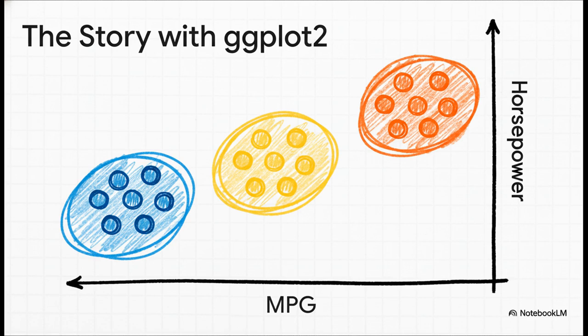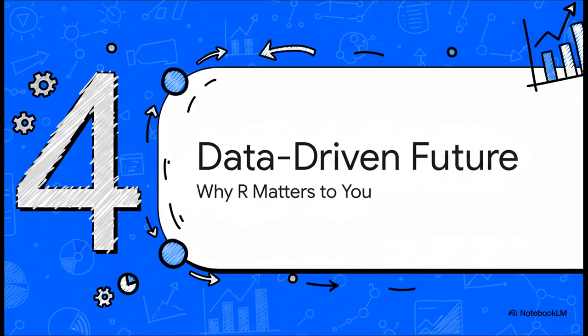And then, bam, this is what R does. With just a few lines of code, the story just jumps right out at you. Instantly, you see 3 separate groups of cars. You've got your 8-cylinder gas guzzlers up there in the top left, high horsepower, terrible mileage. Down in the bottom right, you've got the efficient 4-cylinders. And the 6 cylinders are, well, they're right there in the middle. That pattern was completely invisible a second ago, and now you literally can't miss it. So you can see how powerful this is, and it has huge implications.